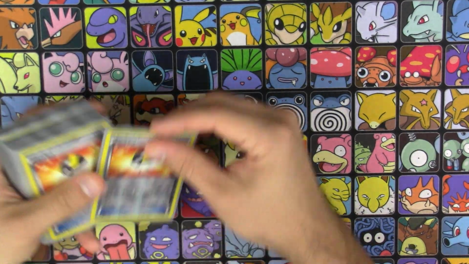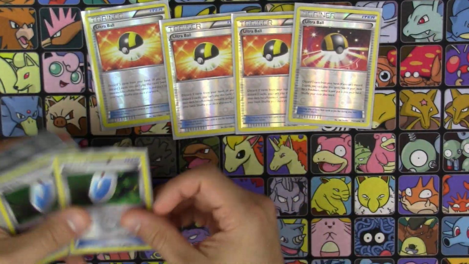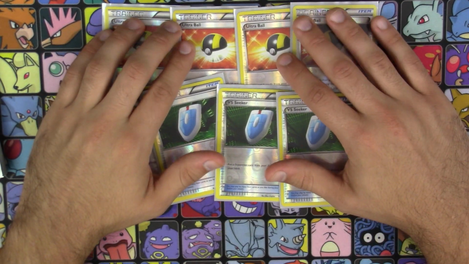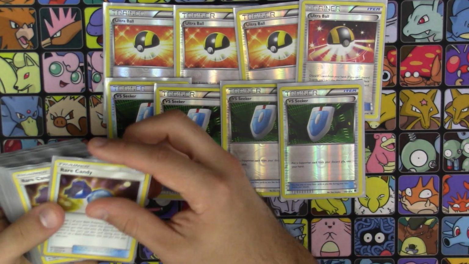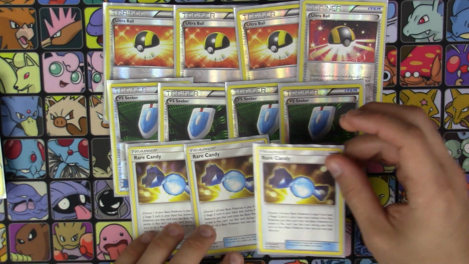Now let's get into our items here. It's going to be pretty standard stuff here for a bit. 4 copies of Ultra Ball. 4 copies of VS Seeker, which we can only play in Expanded now. But that's okay, because for Standard, when Crimson Invasion comes out, we're getting Lusamine, so that's going to help us out quite a bit. And since this is a Stage 2 deck, we are going to be running 3 copies